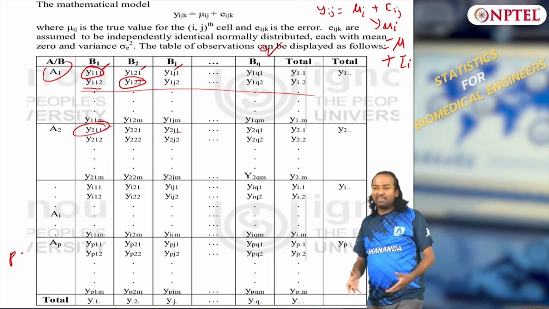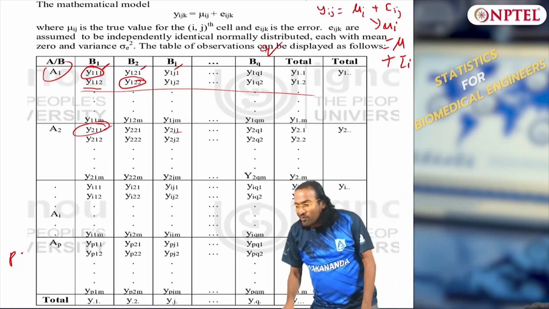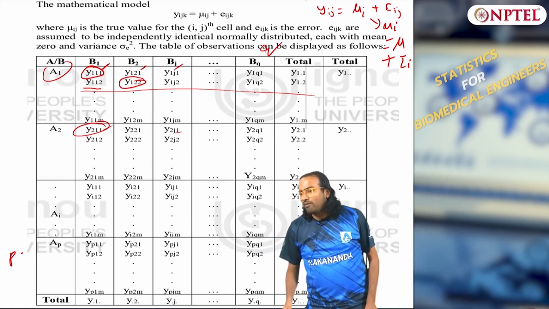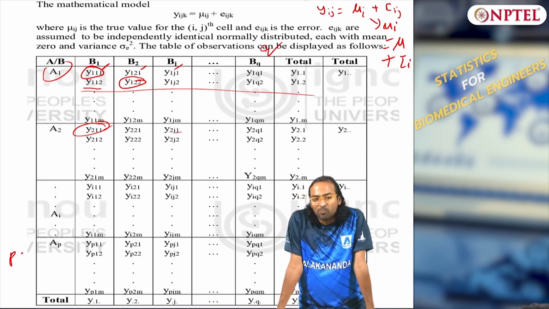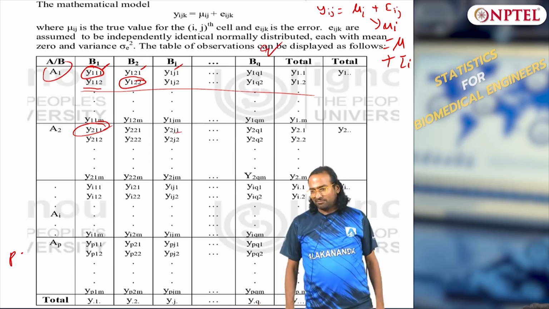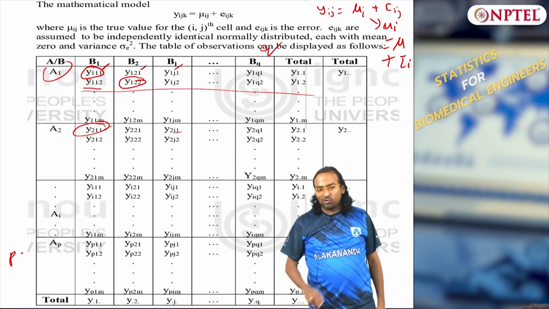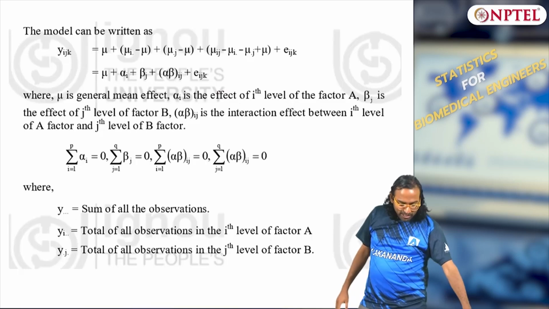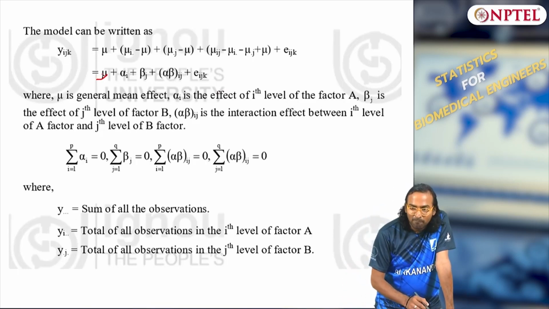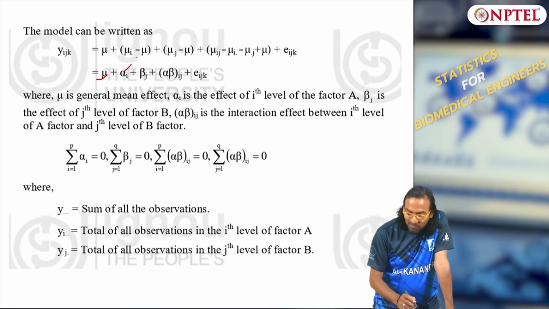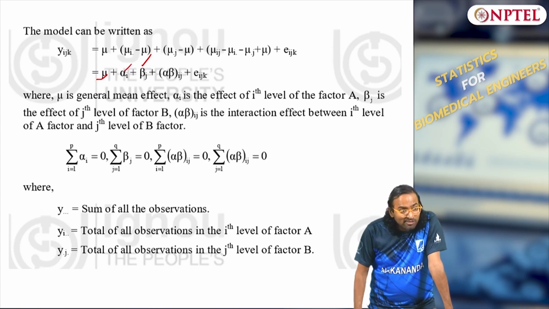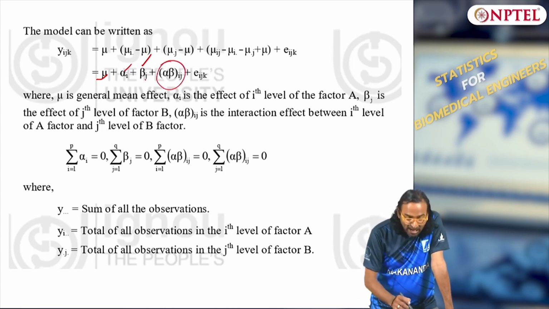This is an easy model, mu ij put together, but how do I expand mu ij? In the previous case, one way ANOVA, what did we do? Mu ij is nothing but mu plus tau i. Here you have interactions as well. So what is the way to do it? If I have to do mu plus alpha i plus beta j, then I have interaction, which is alpha beta ij,